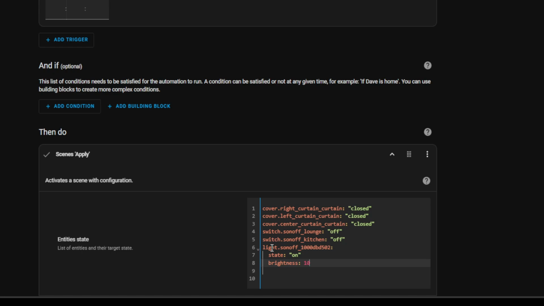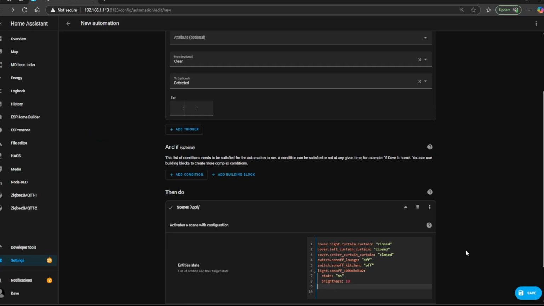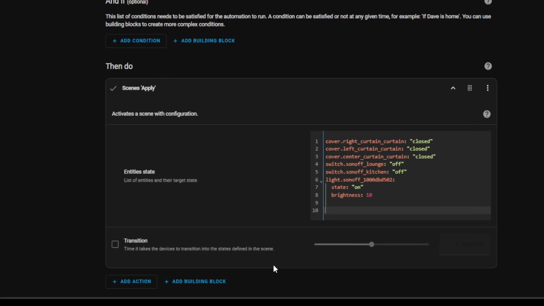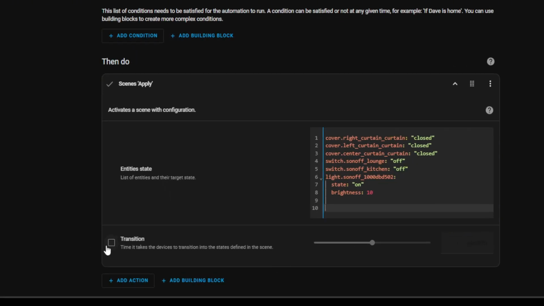Because 10 is a number, I'm not going to have the quotes because I don't want it to be a string. However, I have tried all different variations of adding quotes or not adding quotes, and it actually still works perfectly fine. If I just zoom out and scroll down, you're also going to see transition is another feature, and